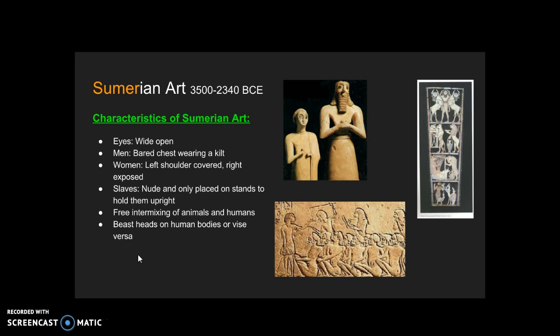We have the eyes, wide open eyes. The men have big barrel chests and typically wear kilts. Women, the left shoulder is typically covered and the right is exposed. We see a lot of nudity when it comes to slaves,